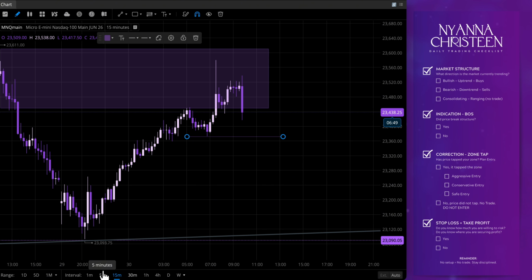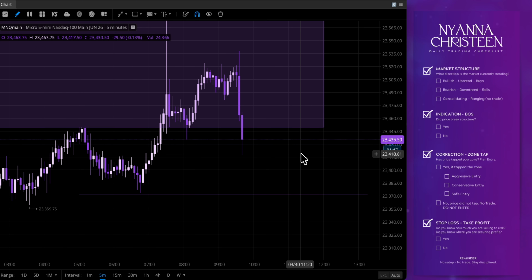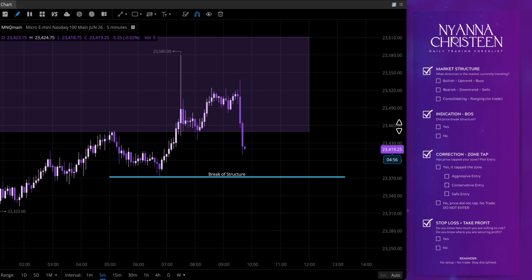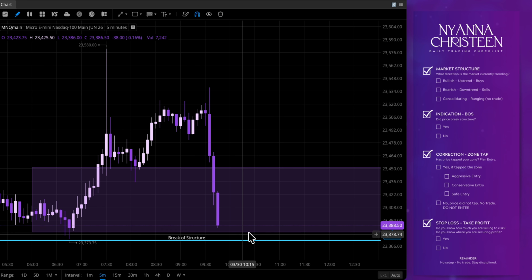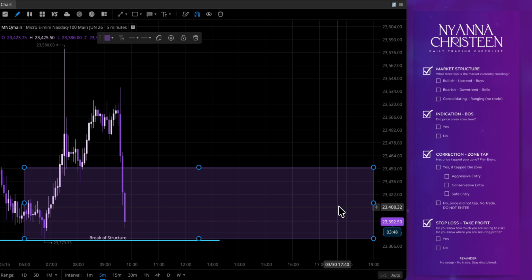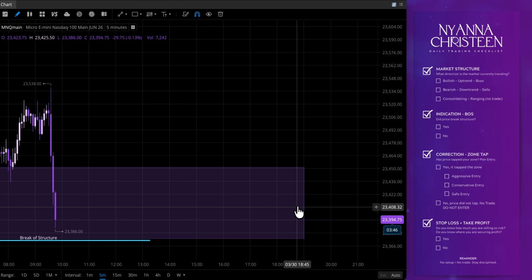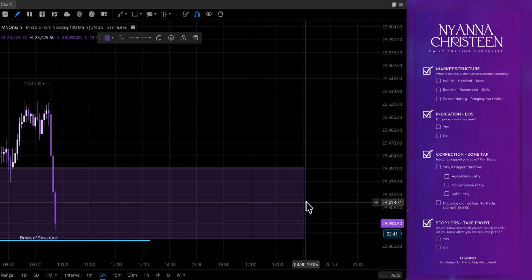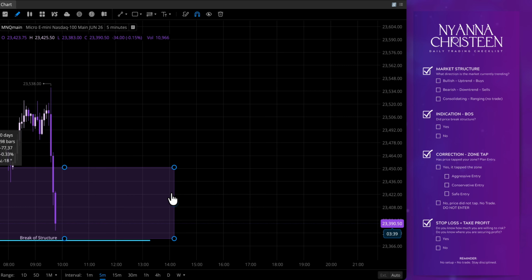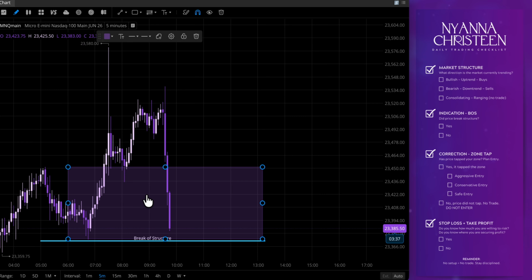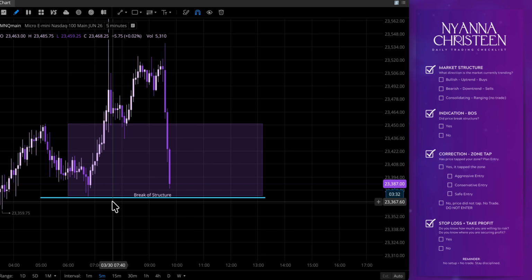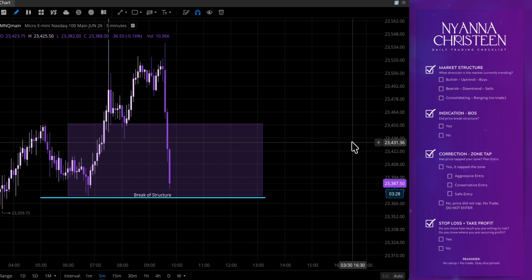But let's see what price does. Okay, so also on the 1 hour, I did notice since price is on an uptrend, it could potentially be a demand zone that it is coming back to. But let's see if it invalidates, because like I said, if it breaks the structure, then price wants to continue